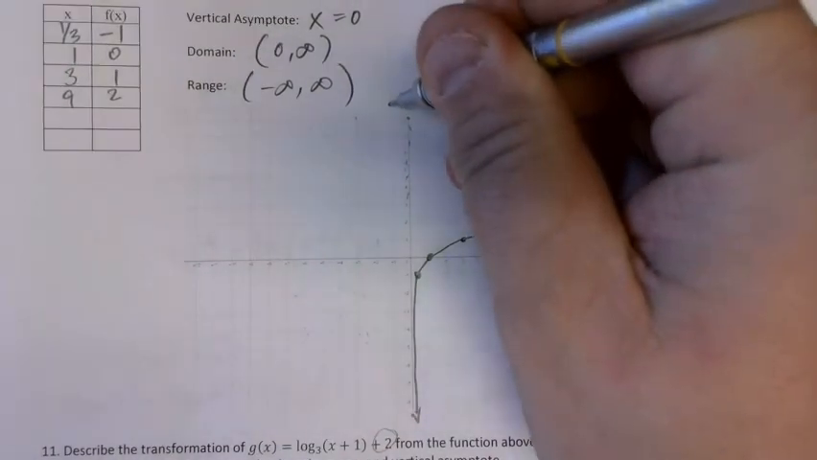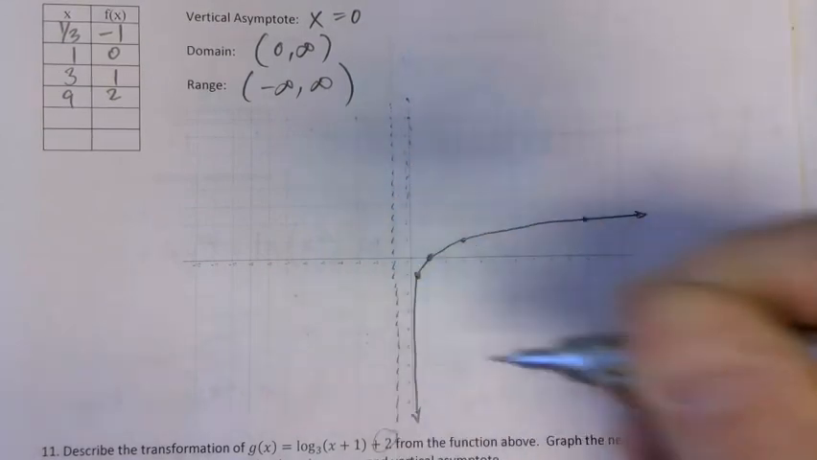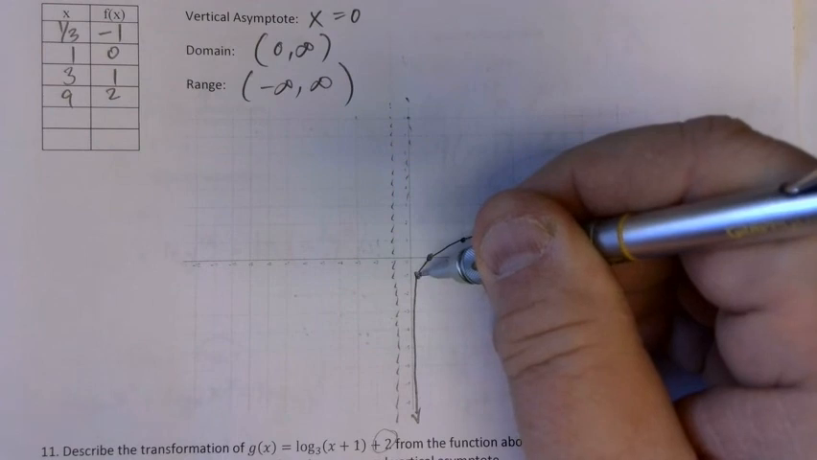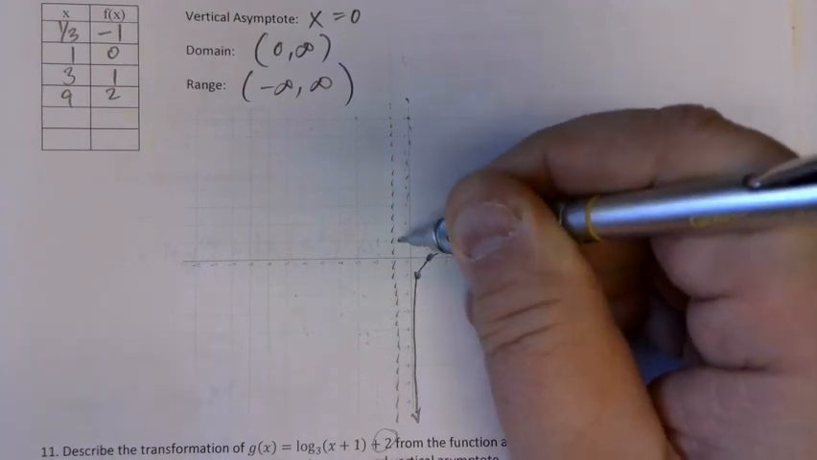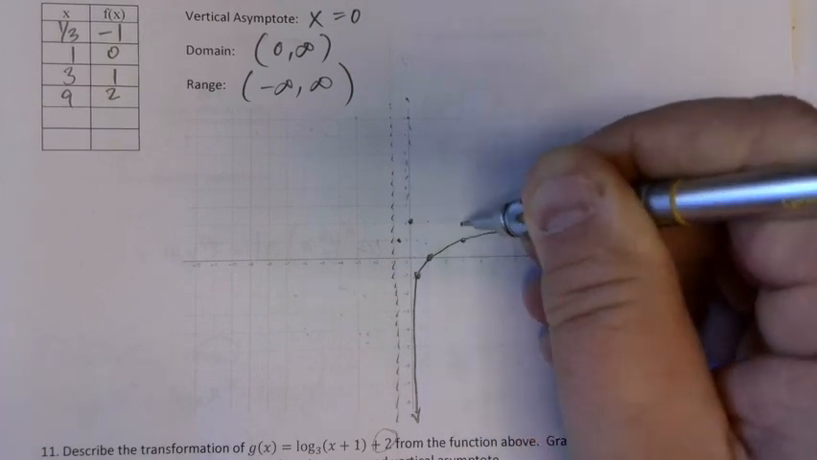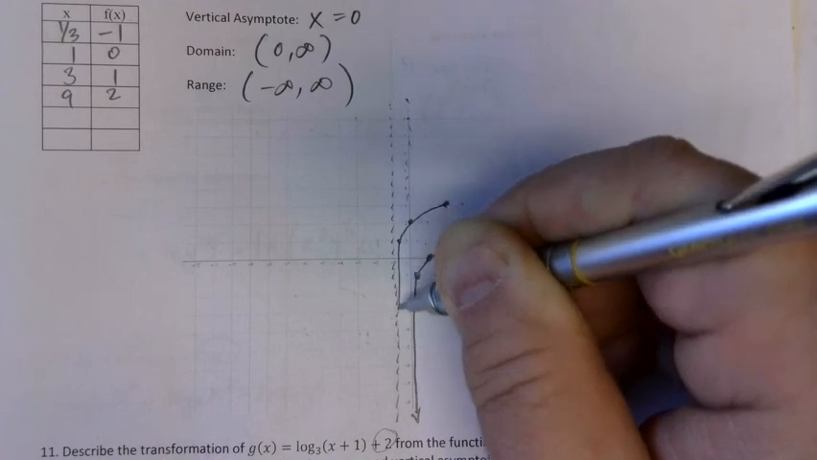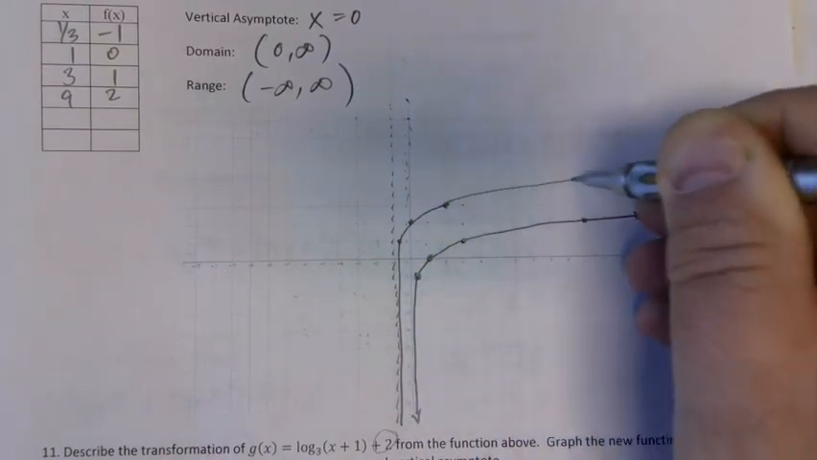So that means I'm going to move this asymptote, because I've got to graph it, right? And then I'm going to take each one of these points and I'm going to go up 2, left 1, up 2, left 1, up 2, left 1, and there is